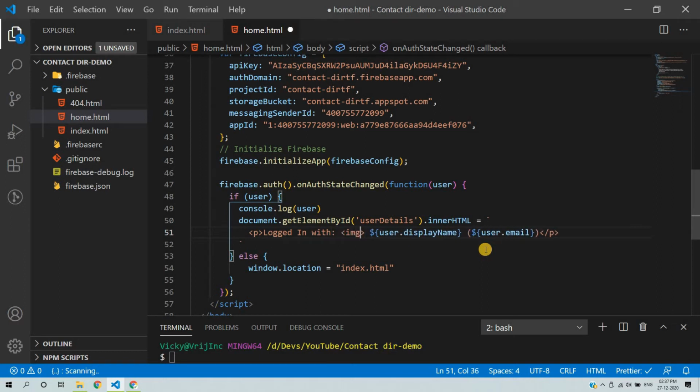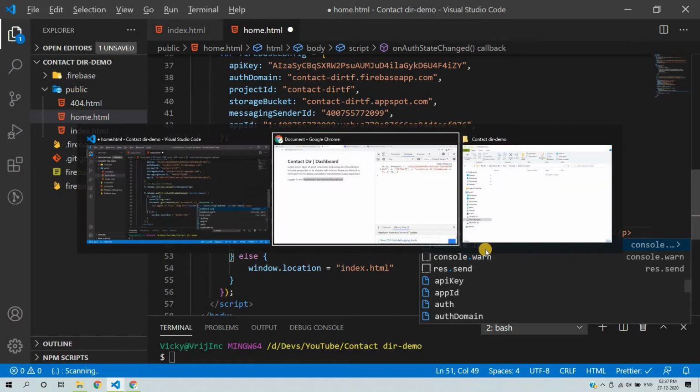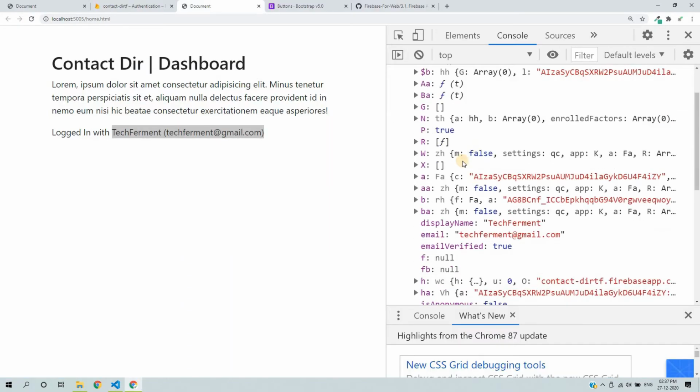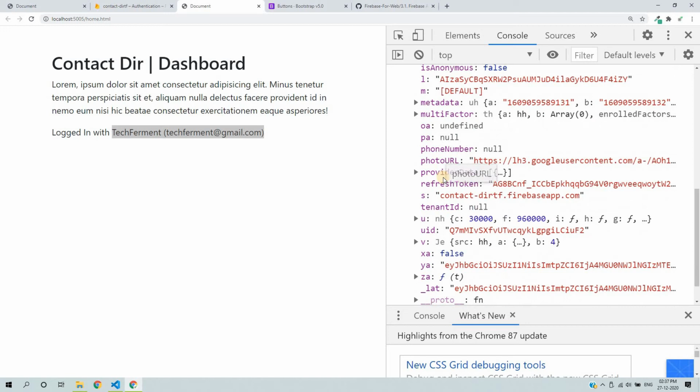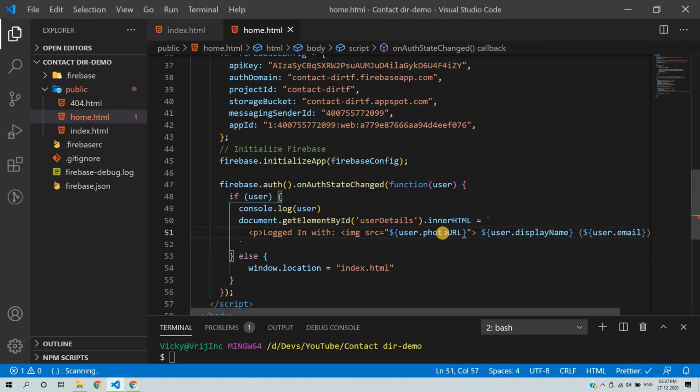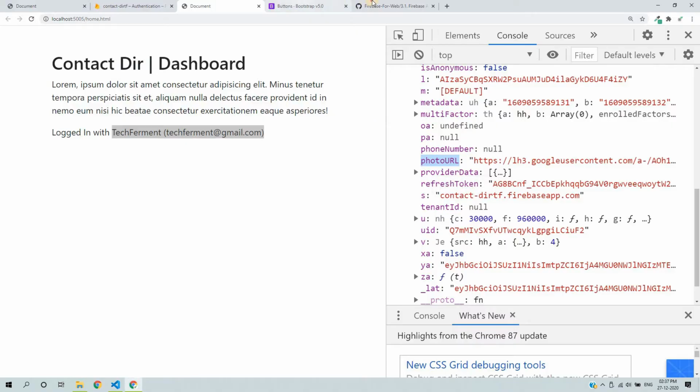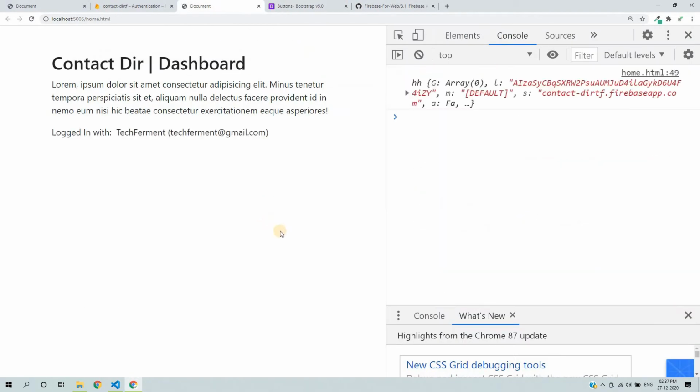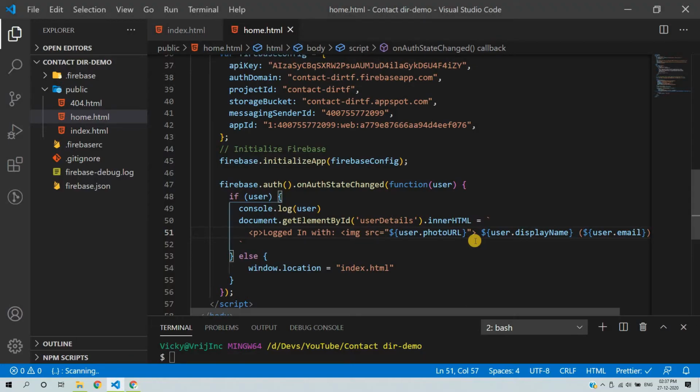So an img tag with the src attribute for the image, and here we will pass the URL like user dot, and then we have a property for the image, photoURL. So we will copy the photo URL here and save. Yeah, so the user is logged in successfully with this account.